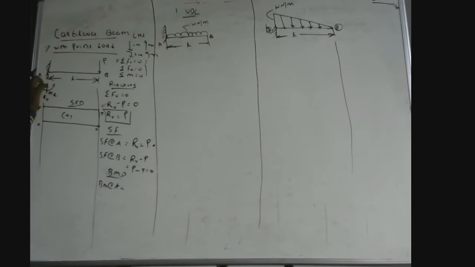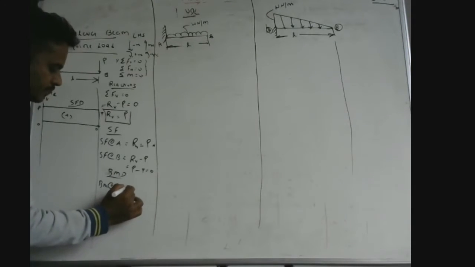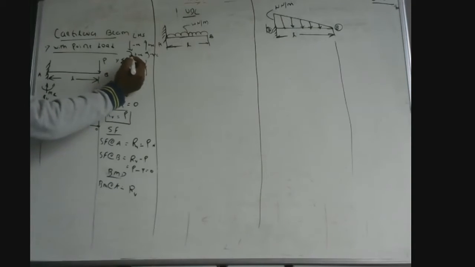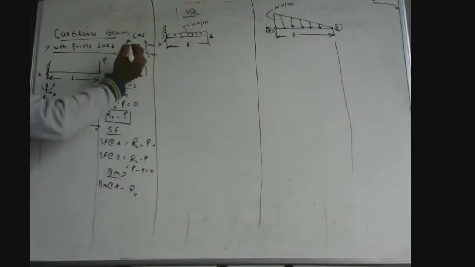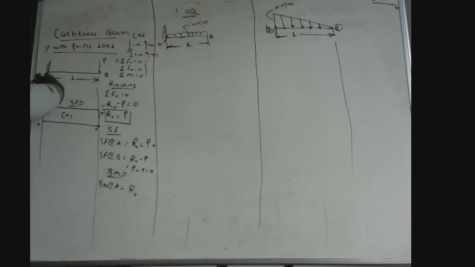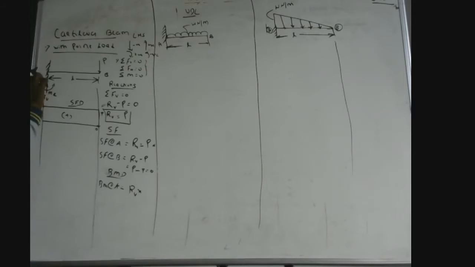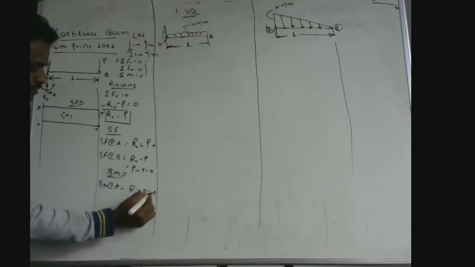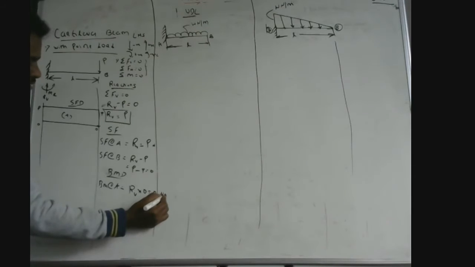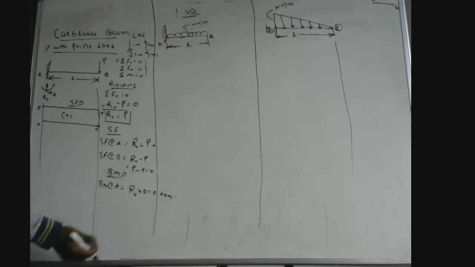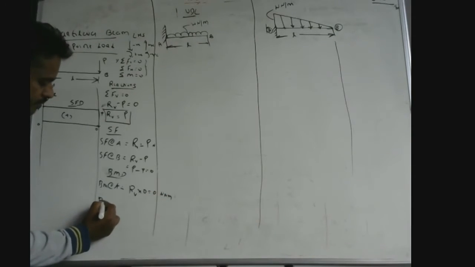So here at point A, the force is RV. Sign convention is very important. Clockwise is considered positive, anti-clockwise negative. Now, this RV with respect to the point A, the perpendicular distance is 0, because it's acting at point A. Therefore RV into 0 equals 0. So usually the unit will be Newton mm.